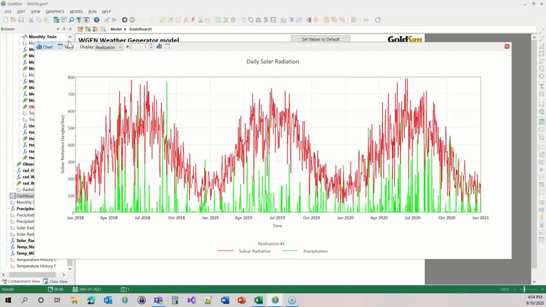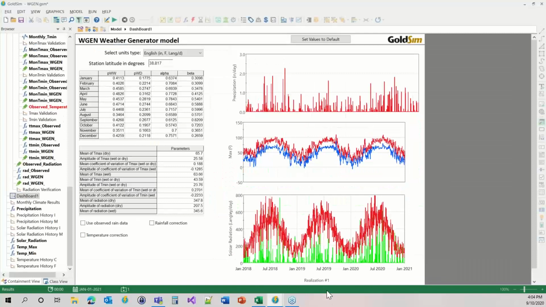You can view this, but there is one more thing the end user will be able to do, and that is if there are multiple realizations, they could look at a statistic, for example, right here, which I'll show you in a second. But this model